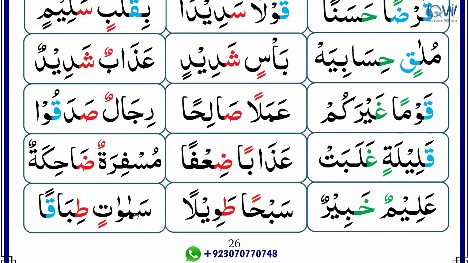Next word, there is a meem and waw, and both letters have vertical zabar only. That's why both letters will be stretched equal to one alif. There is ikhfa letter after tanween. That's why there is ikhfa with gunna. There is alif madda and it will be stretched equal to 1 second. And alif has come after double zabar. That's why we can't read it during spelling.